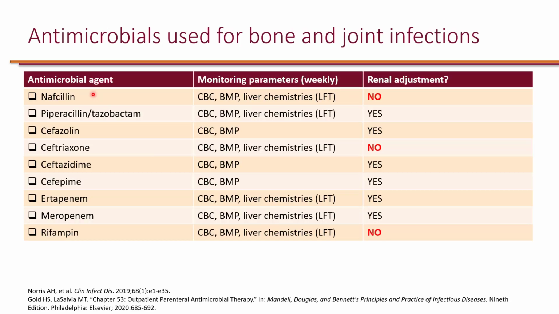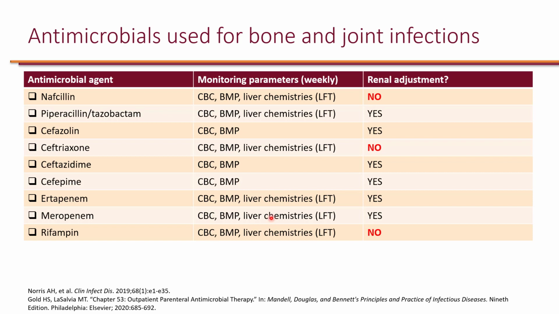Here's a list of IV antibiotics that are used outpatient for the treatment of bone and joint infection. Rifampin is also available as oral, so it is often used orally for the treatment of bone and joint infection. Keep in mind that according to the 2018 IDSA guidelines for OPAT or outpatient parenteral antimicrobial therapy, it is recommended to check CBC, so complete blood count, and basic metabolic panel weekly for outpatient monitoring for all of these